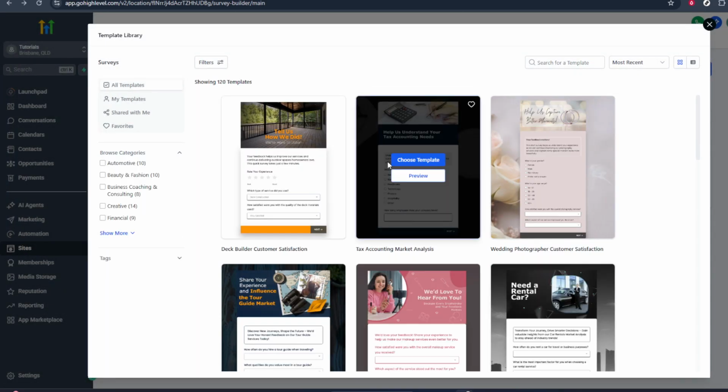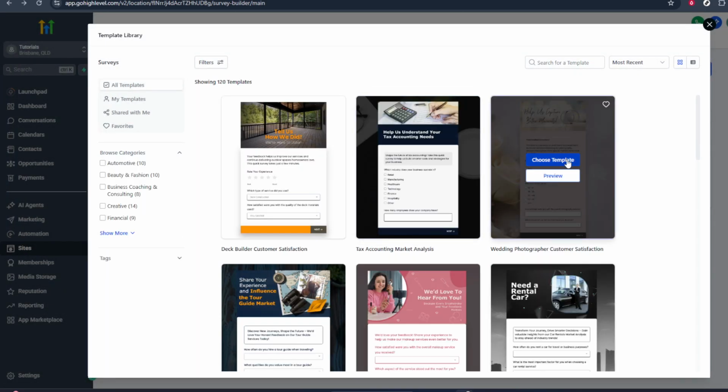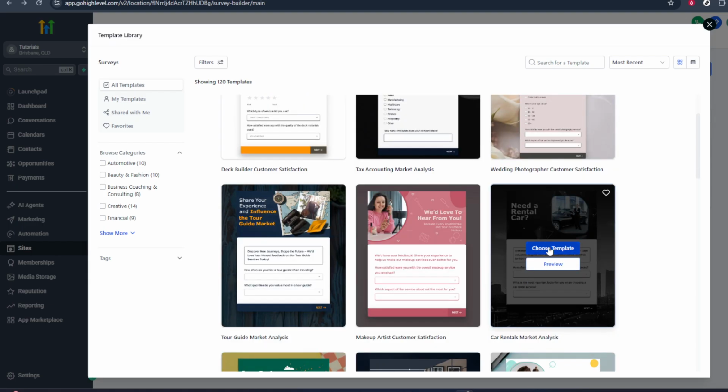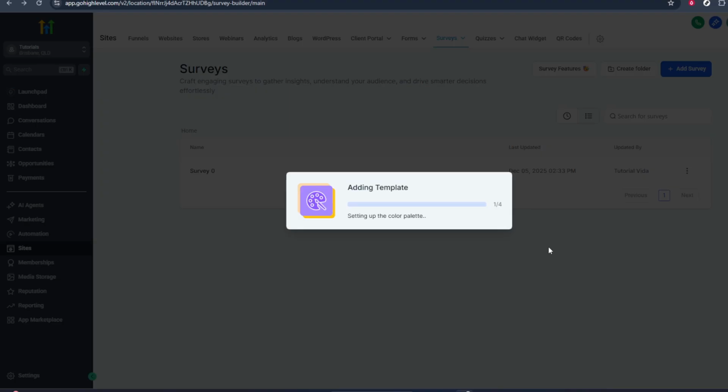From here, simply follow the on-screen prompts in the survey builder. Go High Level will guide you step by step. You'll be able to add questions, choose question types like multiple choice or short answer, rearrange the order of questions, and customize the look and feel. Continue through each prompt, saving your progress as you go, until your